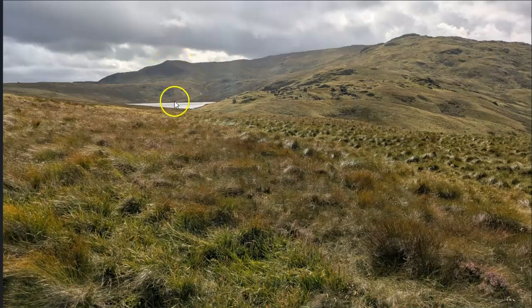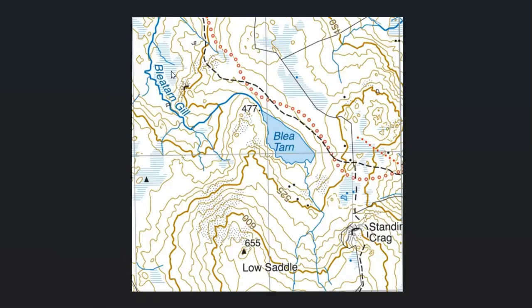I think this stream's draining down to about here, so we're pretty much in a straight line across the tarn, across the stream draining into it, and that crag there. So we'll be looking from over here across the tarn. There's a stream draining in, there's the crag beyond. To our left